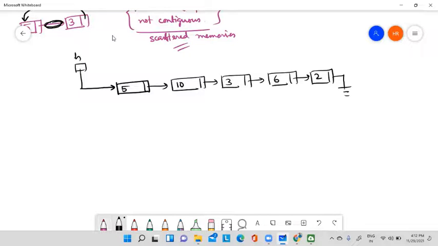So how to sort them? Try to understand the logic. This sorting is a little bit different. Data will be as it is. What I have to do is change the addresses. The step is pretty simple. First we have to search for the minimum element. Suppose I require ascending order. So first search for the minimum element. You have to do this first. So from this linear linked list, I will get this